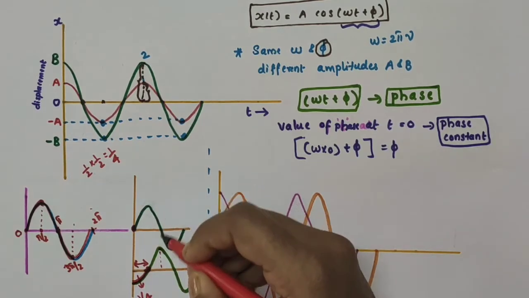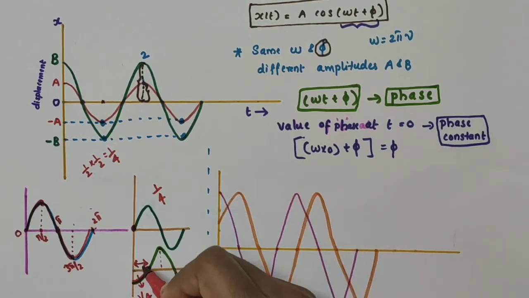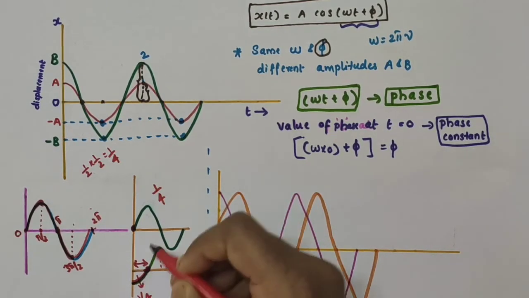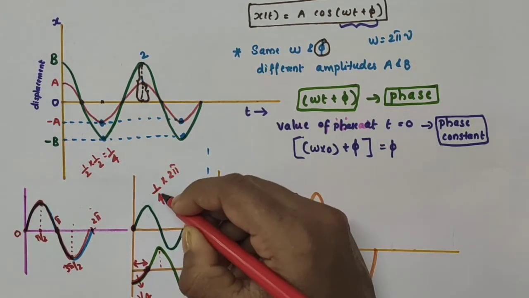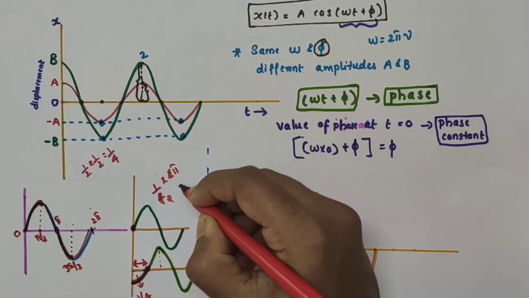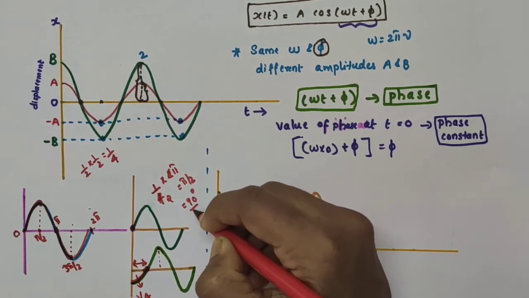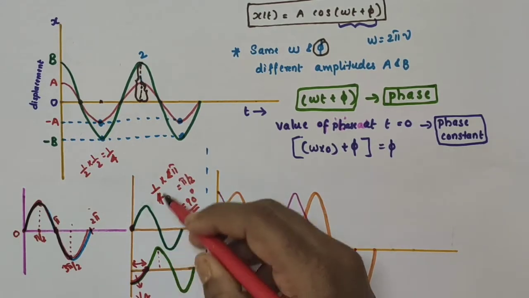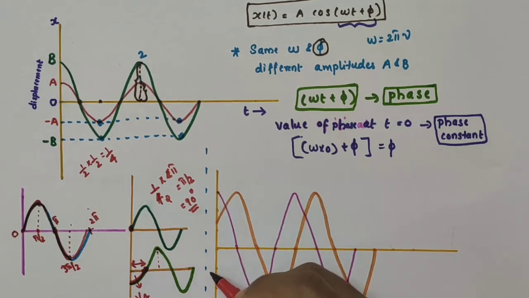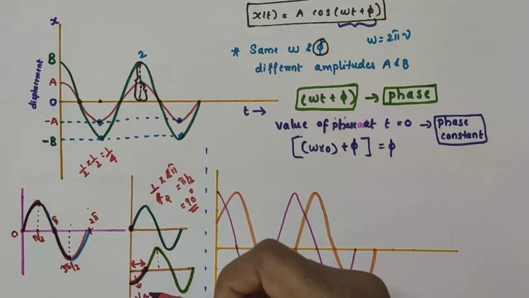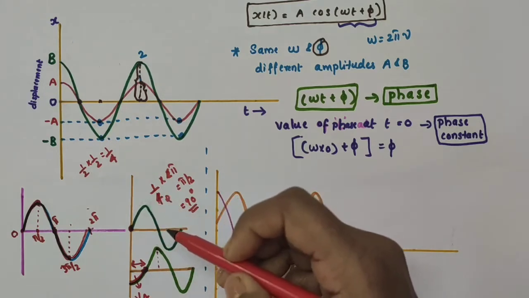Then to get the phase difference between these two waves, the fraction of the wave difference is 1 by 4. Then you multiply this with 2 pi. So what will you get? 2 into 1 by 4 gives pi by 2. Pi by 2 radian, or you can write it as 90 degree. So the phase difference between these two is pi by 2 or 90 degree. That is, the bottom wave has a phase difference of pi by 2 from the top wave. Alright.